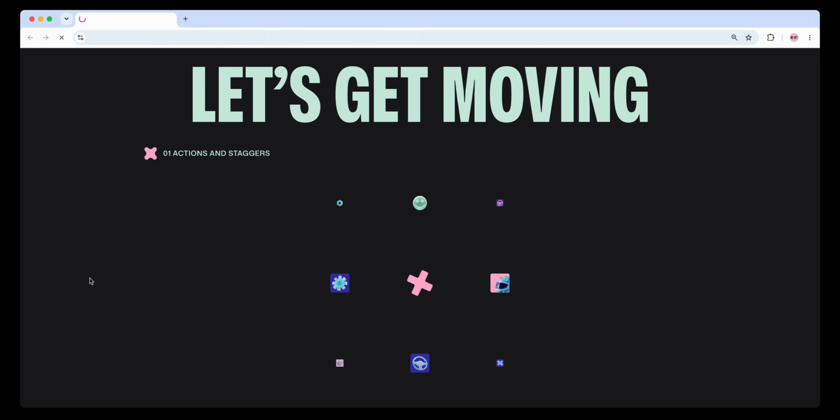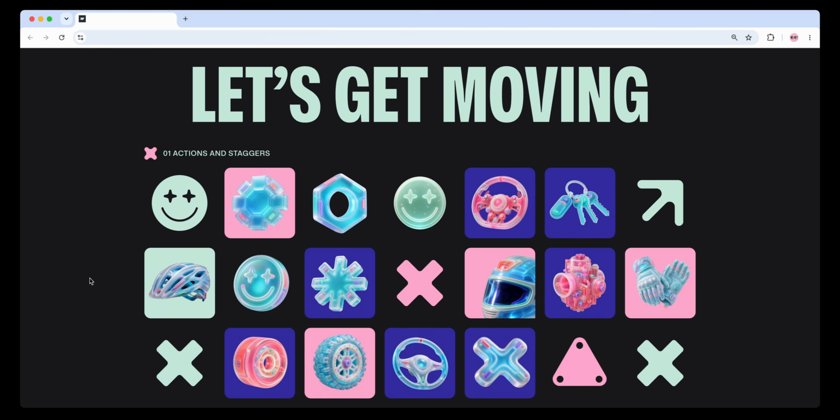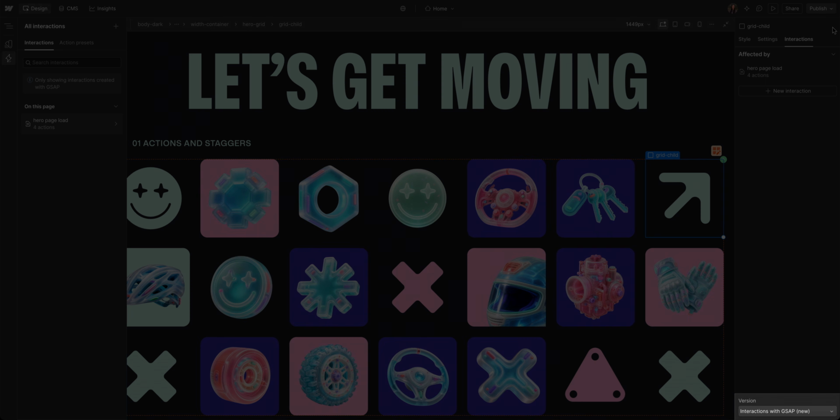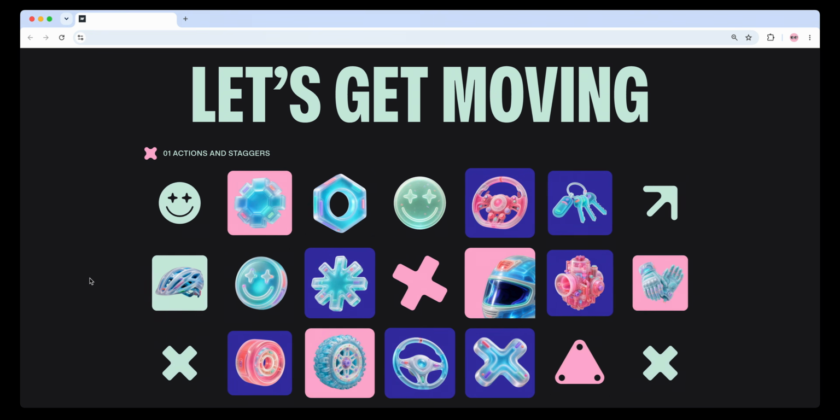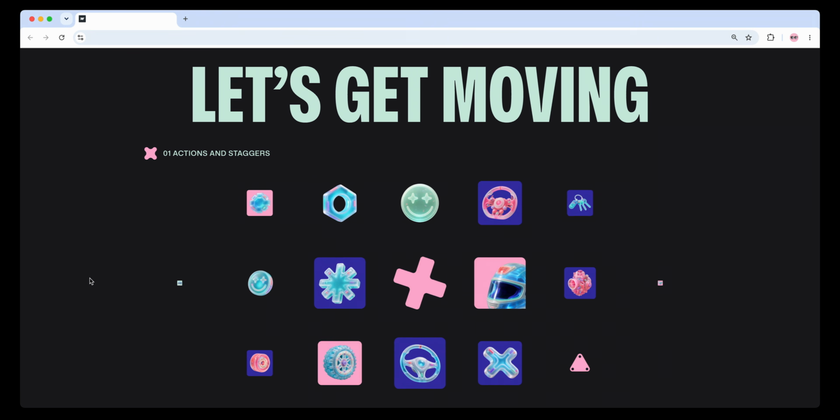In this lesson, we're going to create a page load interaction using Webflow Interactions powered by GSAP. And if you're someone new to interactions, this is a really great place to start because we're going to show